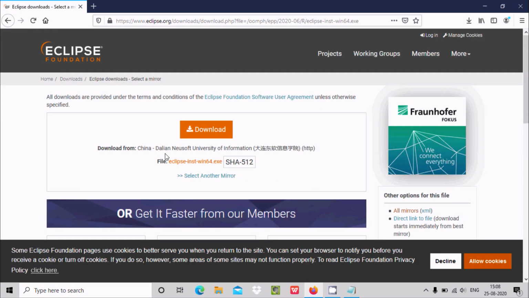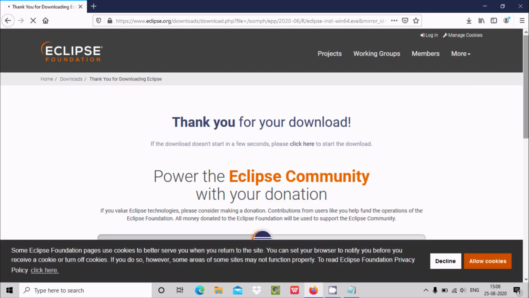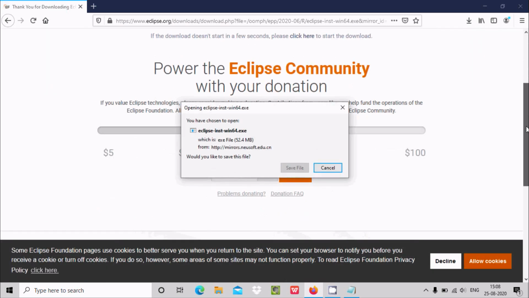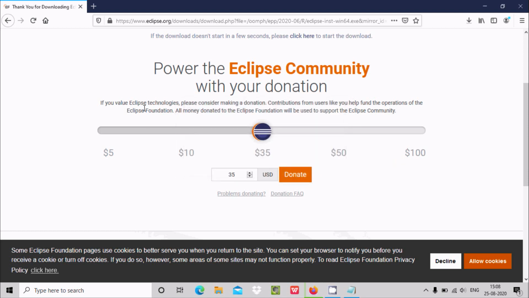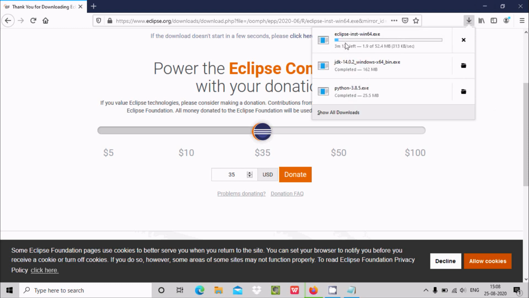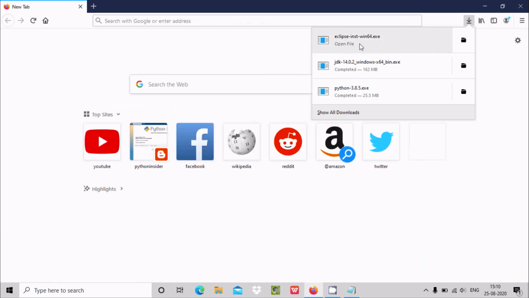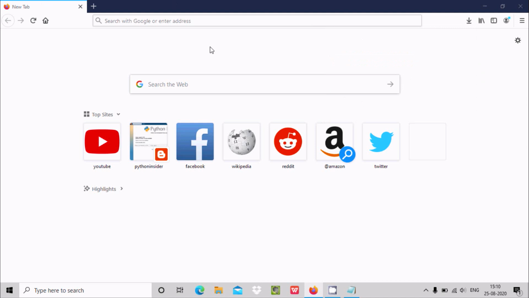Now you can migrate to a new page. Click on download button once again, and here if you scroll down, this is a donation page. If you want, then you can make a donation. Now hereafter you can see this is the status. The file size is 52.4 MB, so it will take a few minutes to download this file. Now here you can see the Eclipse inst win64 exe file that downloaded. Click this file,